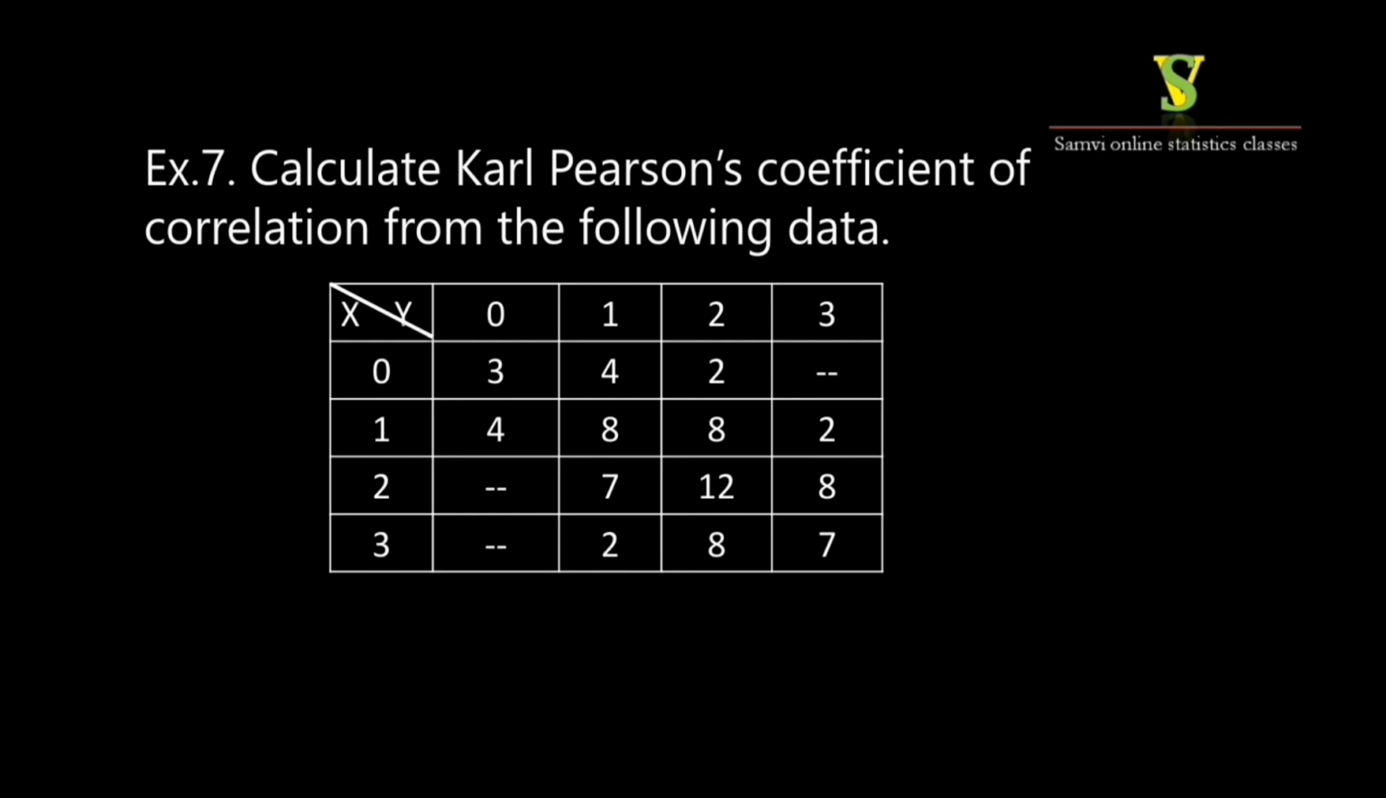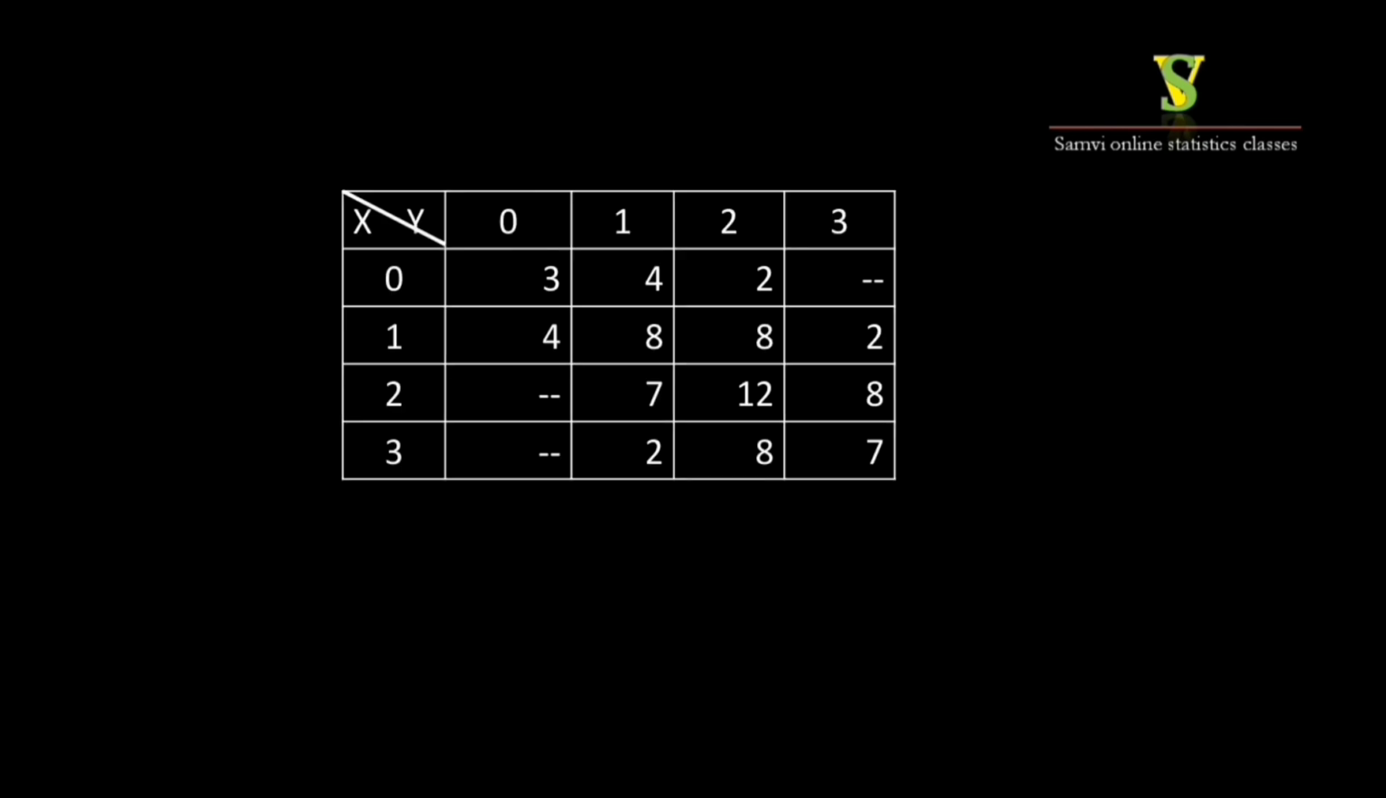Example 7. Calculate Karl-Pearson's coefficient of correlation from the following data. So by using these data, you have to calculate Karl-Pearson's coefficient of correlation. Let us discuss. So here, first you have to write the data, whatever data is given. So you already know how to calculate. So first you have to calculate the total, row wise total as well as column wise total,